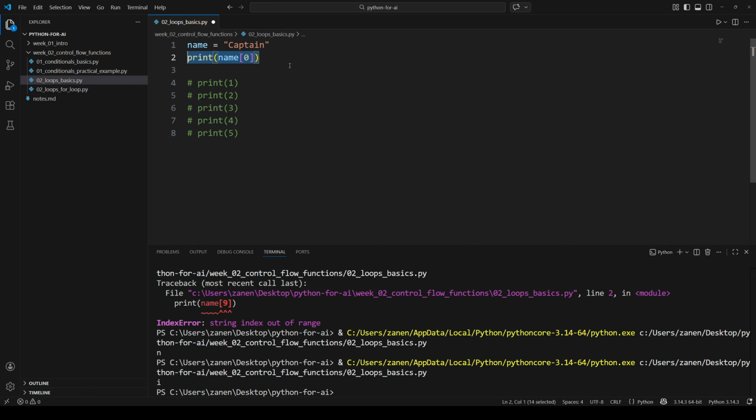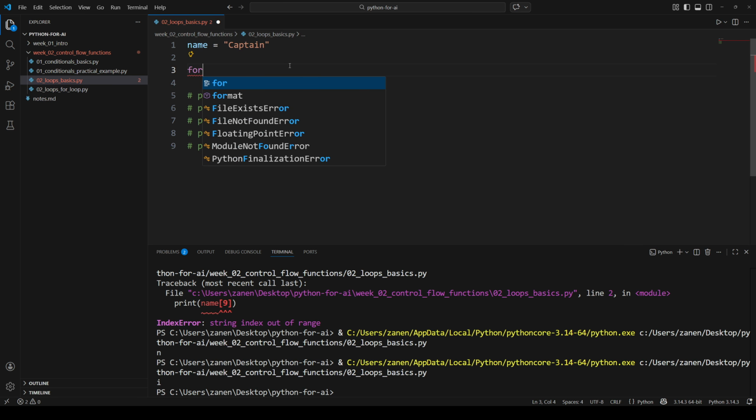Now, similar to the example above when we were printing 1 to 5, we could duplicate this and then have 1, 2, 3, 4, 5. This becomes lengthy, but loops solve this. We can instead use something called a for loop, and we have 2 kinds of loops, but we'll start with the for loop now. The syntax, how we write it, starts with a for keyword. We see by its color, they're all pink, at least in my theme, the default for VS Code. And then how do we